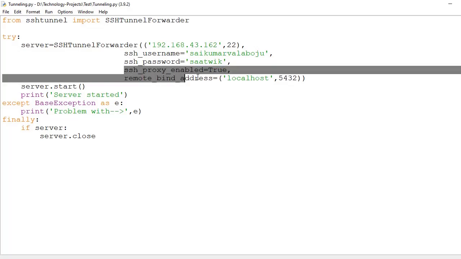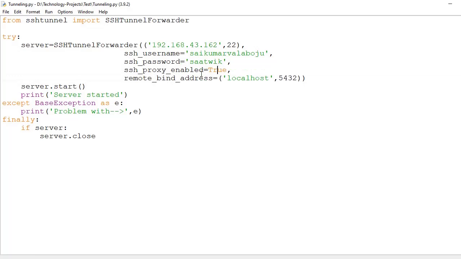The second thing is we have to provide the SSH proxy enabled as true and the remote bind address, because we have to connect to the remote database, our final target. For the final target database, we just have to provide the remote bind address, which is the host and the port number of the database you are accessing.